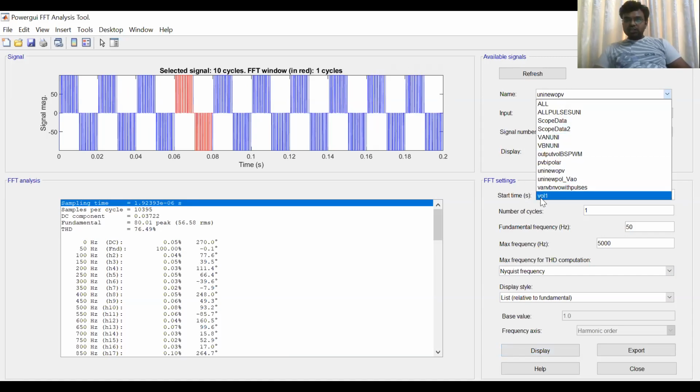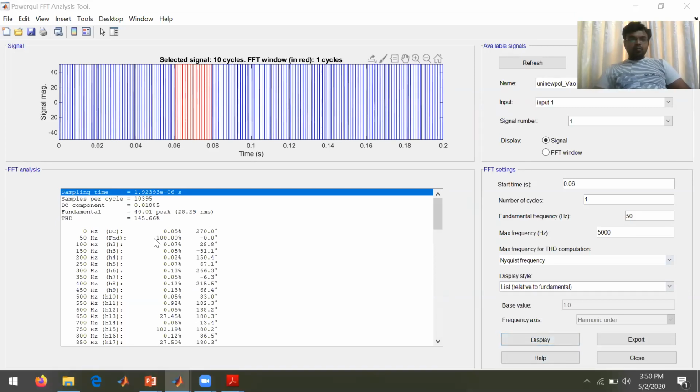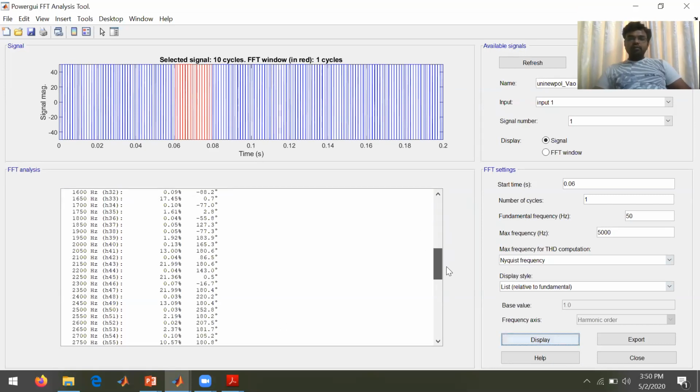Coming to the pole voltage, what is this pole voltage? Again, the pole voltage magnitude is 40.01. The modulation index is 0.8, VDC by 200 by 250. So you will get the same thing. So it never changes. Okay. And if you go for it in terms of bar,